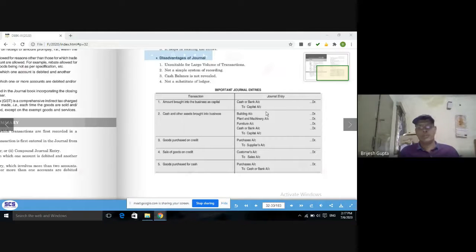So right now, business can be started with cash or with other assets also. If any other asset is invested, it will also be debited like the cash account. So building, furniture, machine, plant, whatever it is, they all will be debited, and the total value of all this will be capital. So capital need not be in money only, but capital is the sum total of all assets invested by the businessman in the business. It is the value of all assets invested by the businessman in the business.